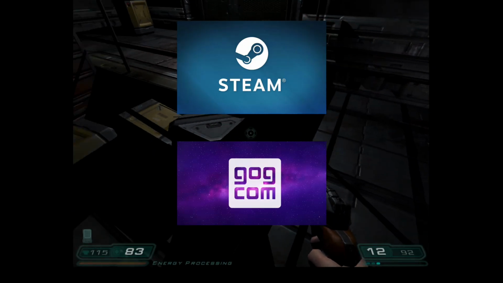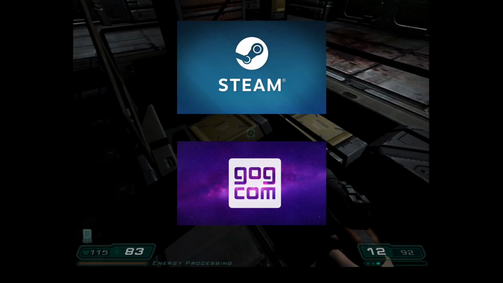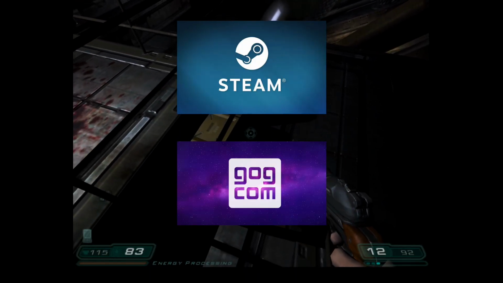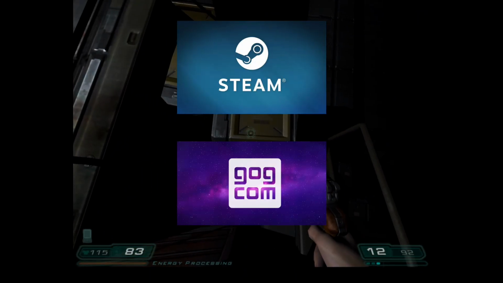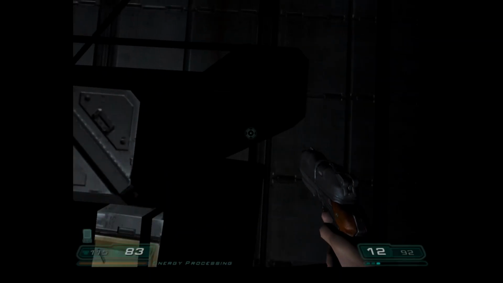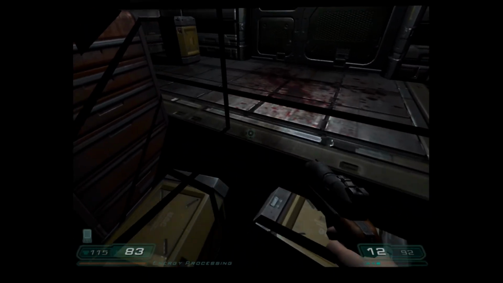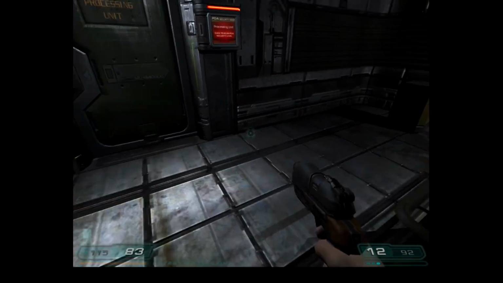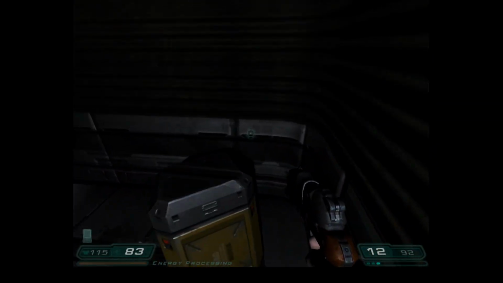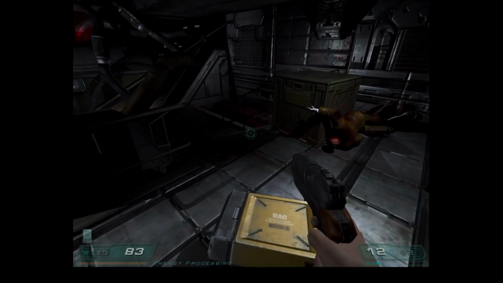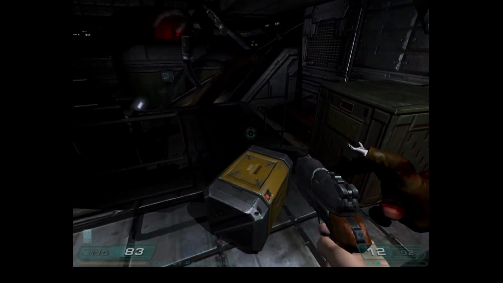Alright, now to start this off, we're going to do this in the following order. First, I'll show you how to get it running on Steam. Then I'll show you how to take care of the GOG.com version of Doom 3. Should be pretty thorough for the Mac user. These are two different versions. I don't have the Epic Games Store version of Doom 3 yet. I haven't really gotten an Epic Games account yet, but I will take a look at Epic Games and see